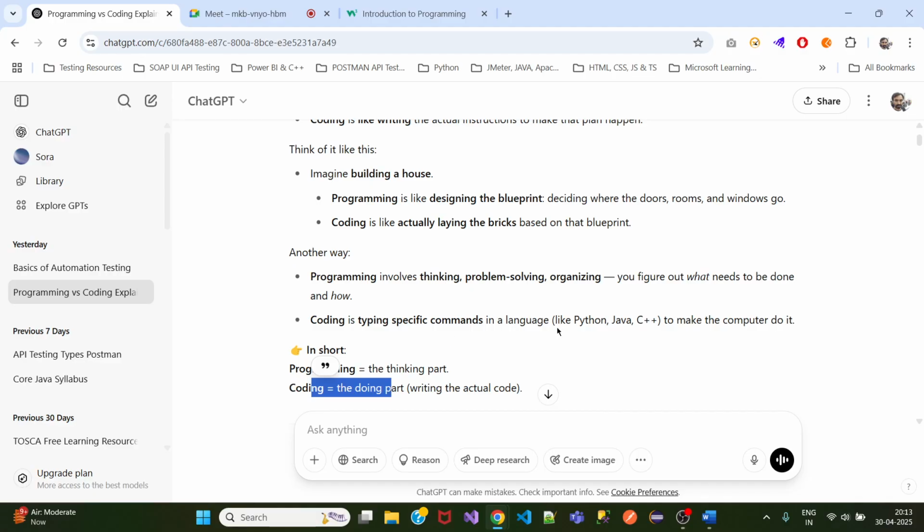So that is why there is a difference between programming and coding. Now, could you please let me know what is Google Meet? Google Meet is a web application. It is a meeting application, a web application platform. Now, can I interact with you on Google Meet? Yes. And can you interact with me on Google Meet? Yes. So what exactly is Google Meet here?